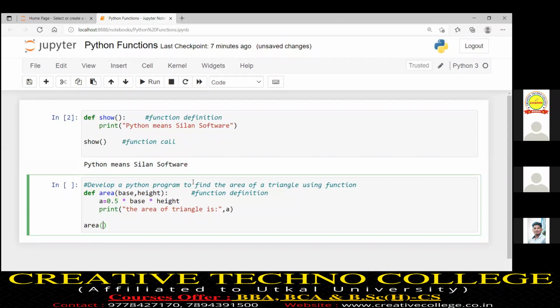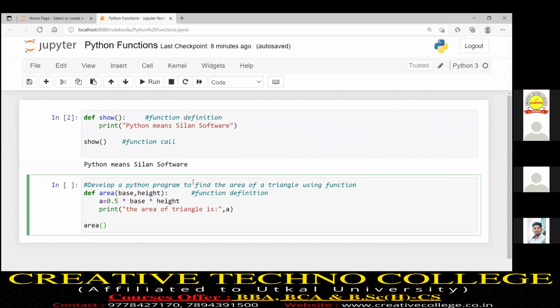Now I will call the function. Currently I was telling function call and function definition: the function signature must be the same. At the time of function definition, you have taken two arguments, so when you call that function, you have to give two values.